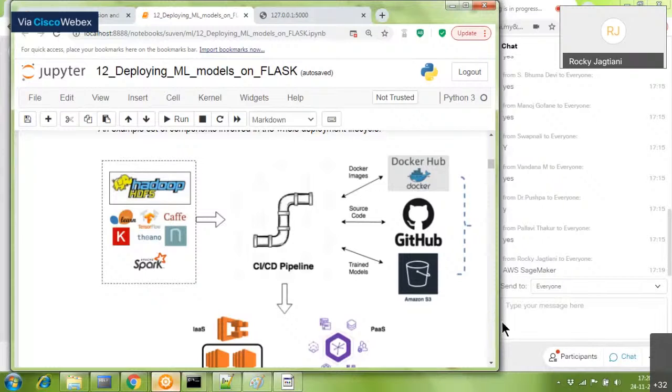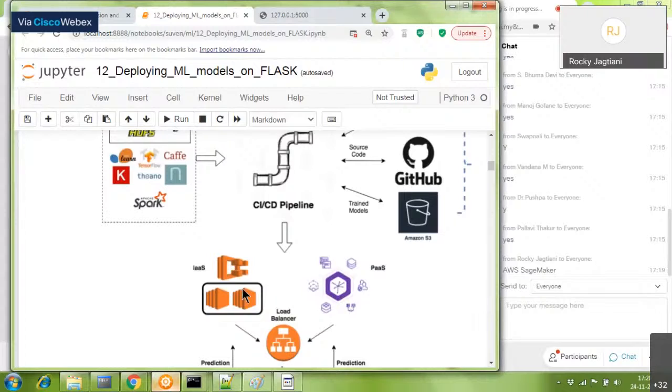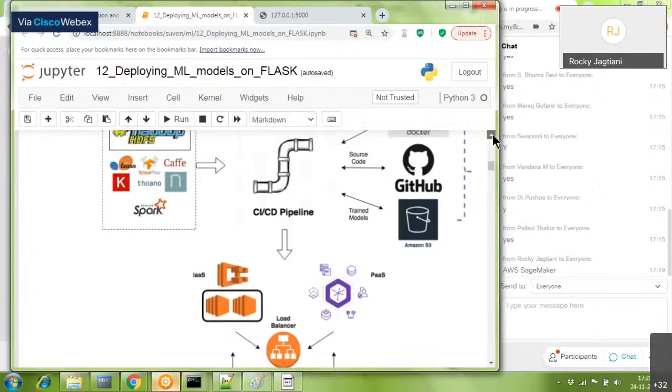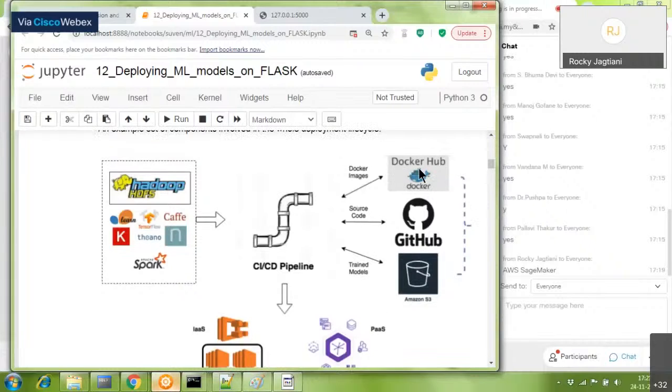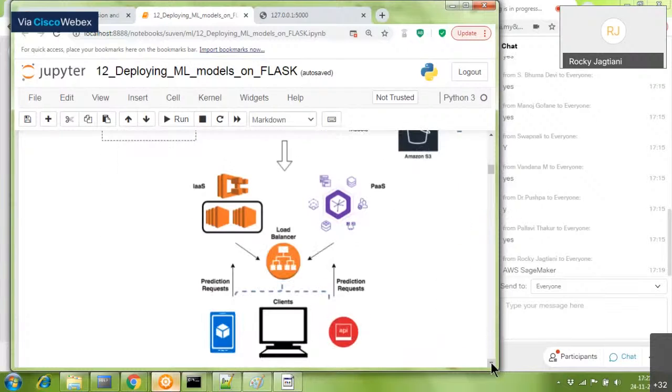Okay. Now this diagram is just for your overall understanding that we have platform as a service or infrastructure as a service. Okay, and whenever we do any machine learning application development in the industry, we have to look at it from a DevOps perspective. DevOps means there should be a continuous integration and continuous deployment pipeline. Modules or applications you make, you go on deploying either on Docker or on a GitHub account or on an Amazon bucket. S3 stands for storage buckets. Okay. Now,